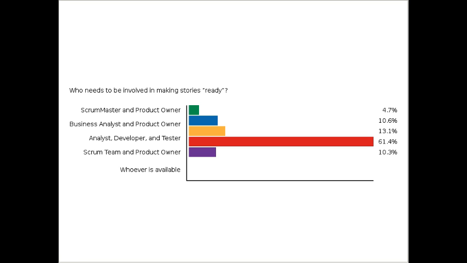Excellent. So the one that we have 61.4% analyst, or that would be the product owner or analyst, the three amigos, essentially, dev and test. And that's what most of you said, and that's good. Here's a really key point about who needs to be involved. We need the voice of the three main constituents: the customer, the business, and the technology. So in essence, that's what you're getting with the three amigos. So that's a really important point of the conversation, is having the right people there.